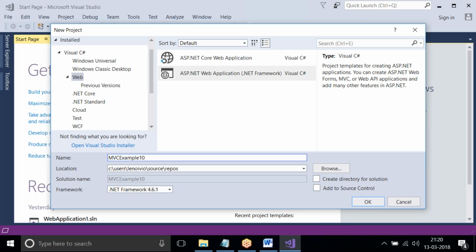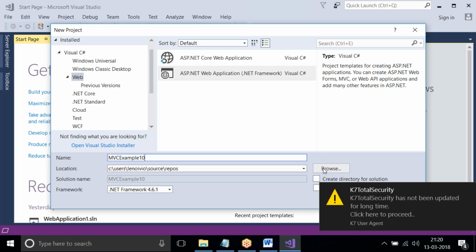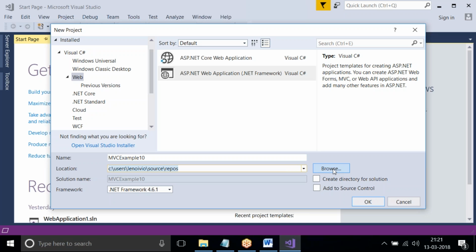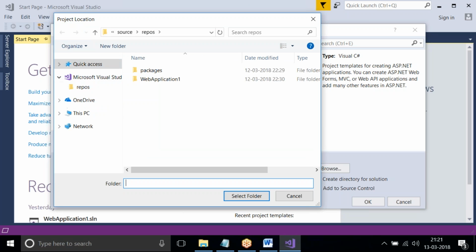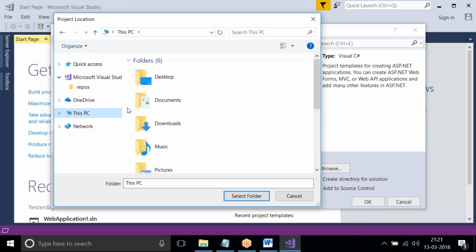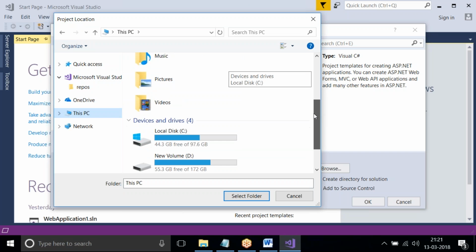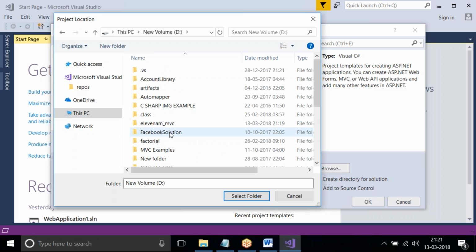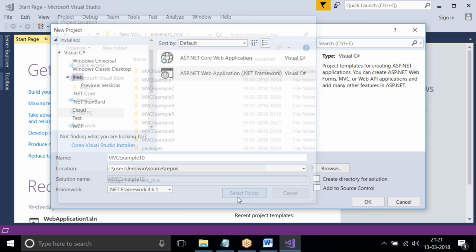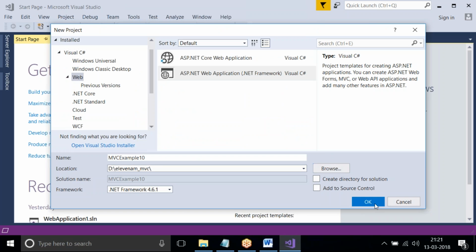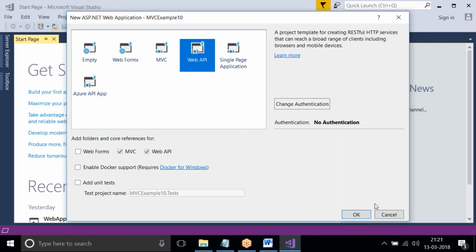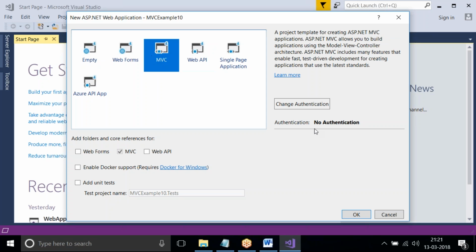MVC example 10 is given. Here I'm selecting MVC.